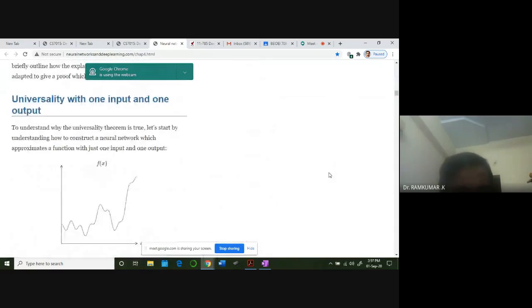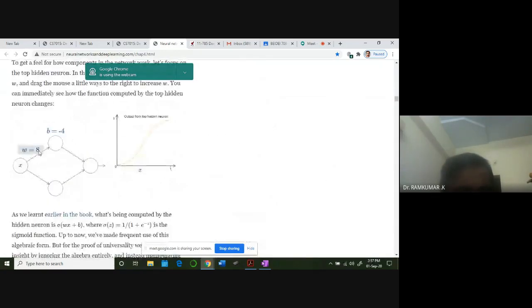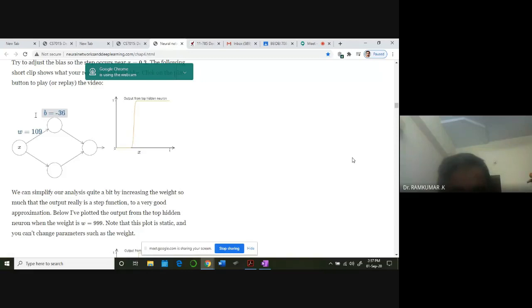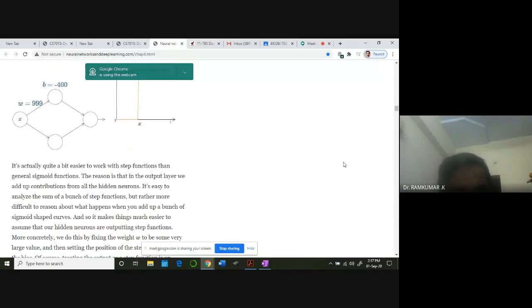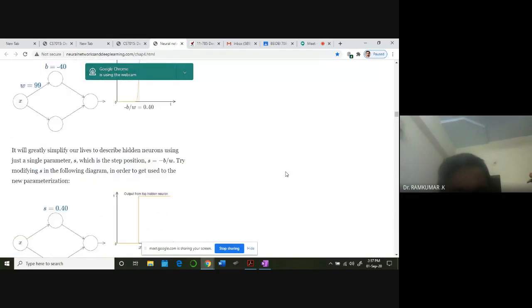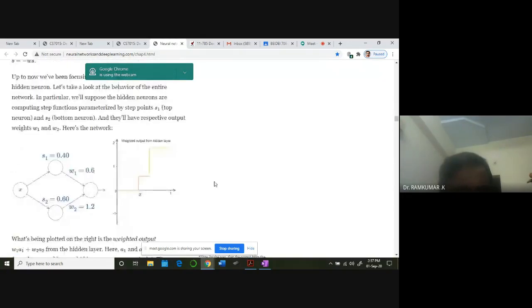But right now, just imagine this. You see here, change the weight. Weights are changing. What's happening? Can you see it, everyone? You change the bias. What's happening? That's one idea. Another idea: we change the weights. You can use this site, go through it and try to understand. I can build complex structures like this.